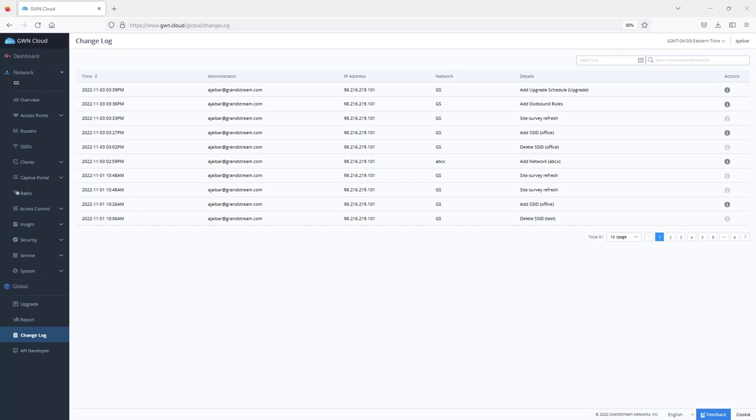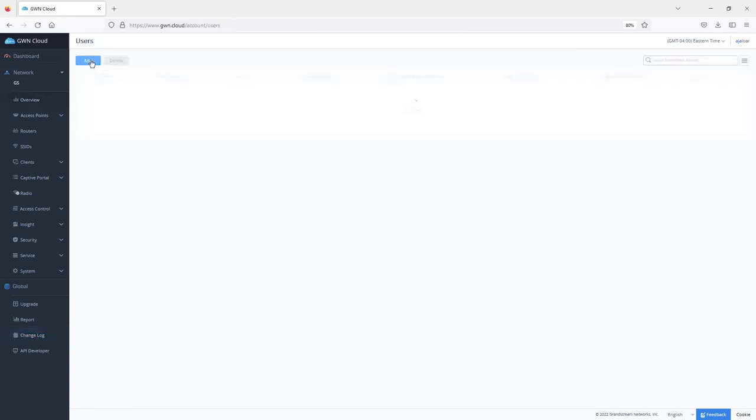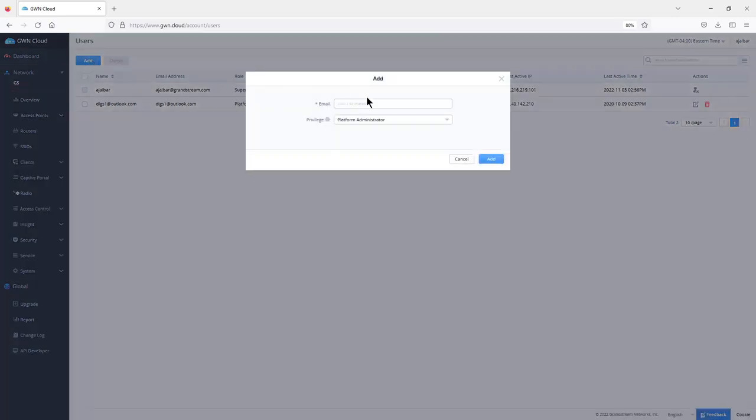GWN.cloud offers administrative scalability with role-based management. The super admin can appoint an administrator for a specific network or group of networks and specify whether they have read-only access or can make configuration changes to the network. And you can do that by simply going to users and then click on add a user. Then you enter the email address